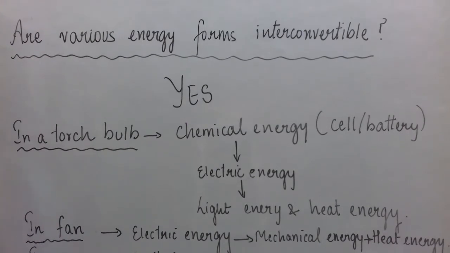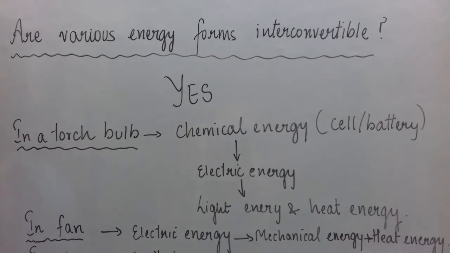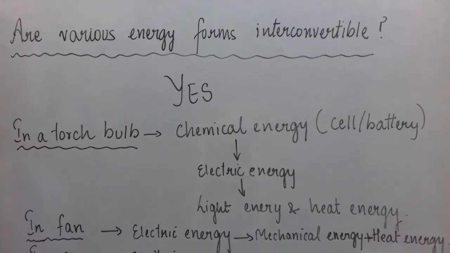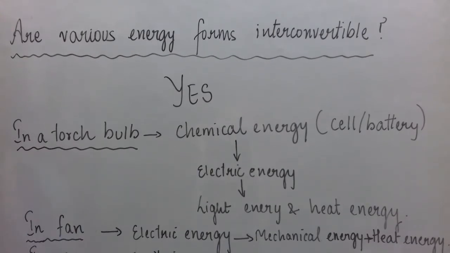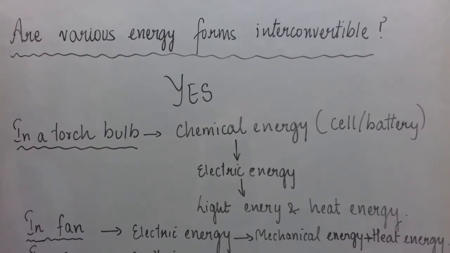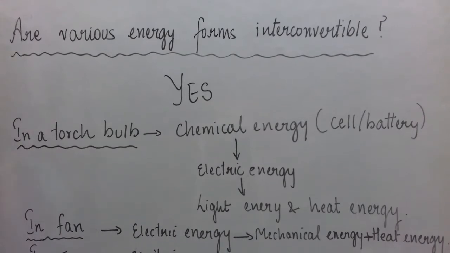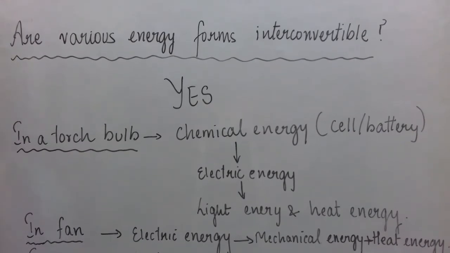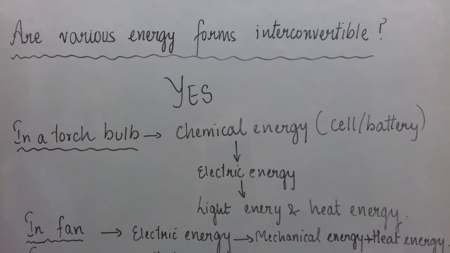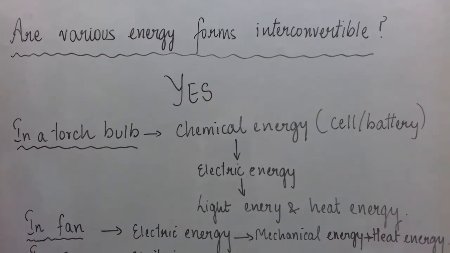And all this energy, whether possessed by living or non-living objects, is actually obtained from the food that they have. For example, when we talk about living things, we get energy from the food that we eat. And the food that we eat has chemical energy. And we know food is produced with the help of solar energy only. We know that solar energy is a basic source of energy, or the sun is a basic source of various forms of energy, or most of the forms of energy available on earth.